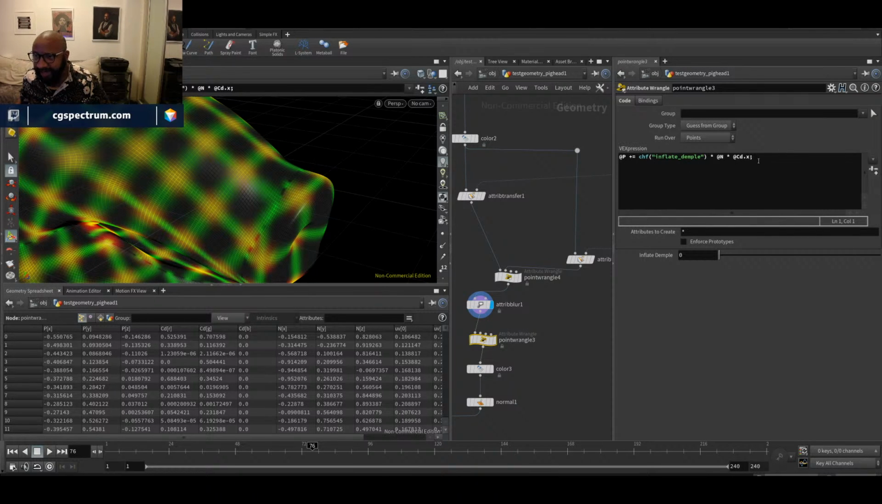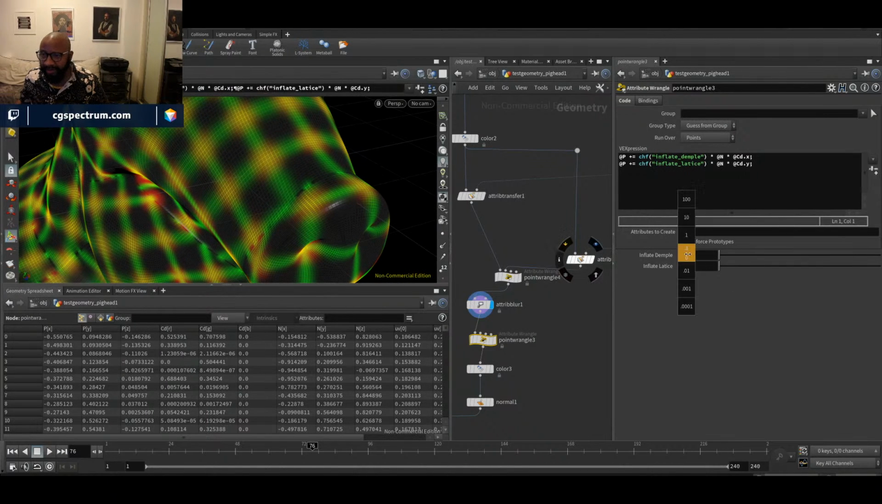And then I'm gonna do that again. I'll call this lattice. And that is going to be based on cd.y. So I can have two separate controls now. I can have a control for how deep stuff goes into the dimples and the lines. So let's see here. Build that in. So if my dimples go in,